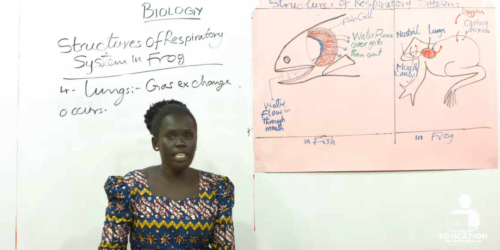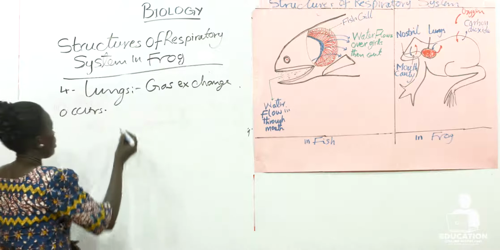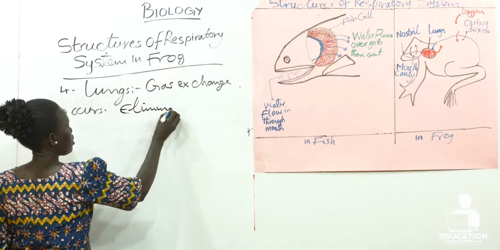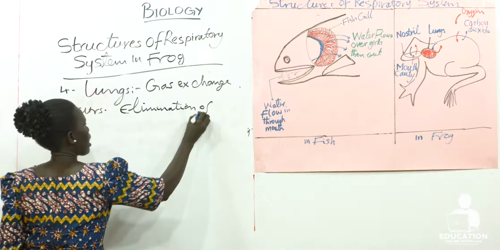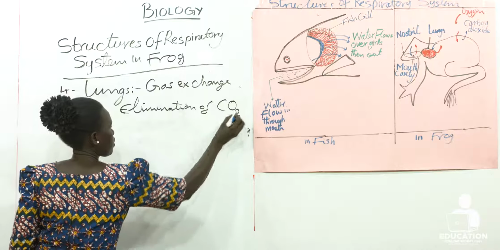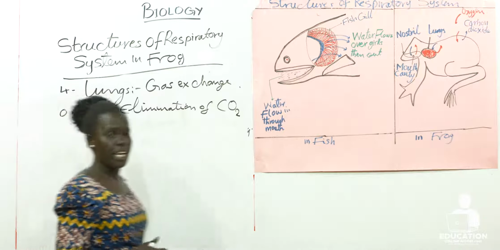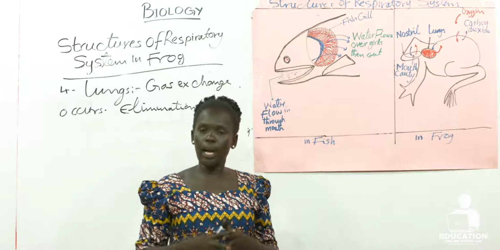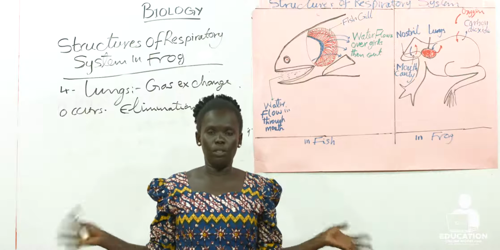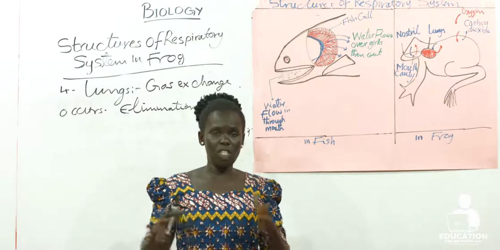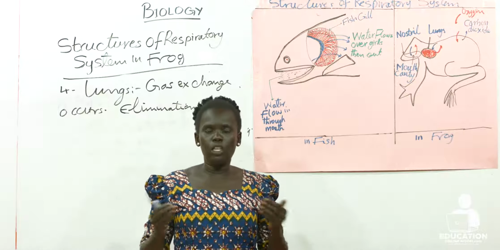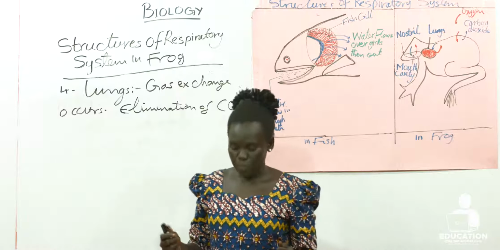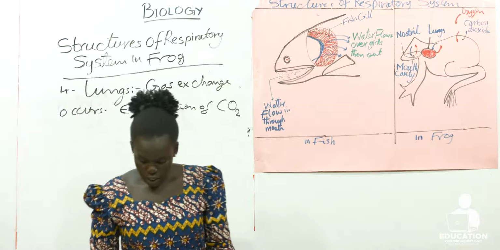How does the frog eliminate carbon dioxide? Elimination of carbon dioxide. Because the oxygen was already taken through the mouth to the lungs, then from there it diffuses into the blood to be carried to the whole body. After having exhausted the oxygen, the carbon dioxide needs to be sent out of the body, or to be eliminated. So here in elimination,